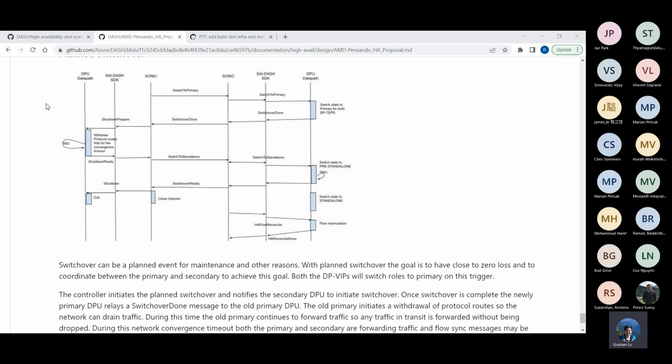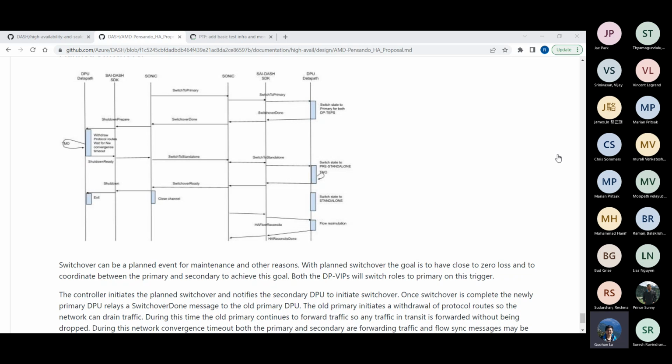Okay. So when you're draining the traffic at that point, what is the standby state? What if the traffic goes directly to the standby? What will the standby do? There is some amount of reconciliation happening in this window.